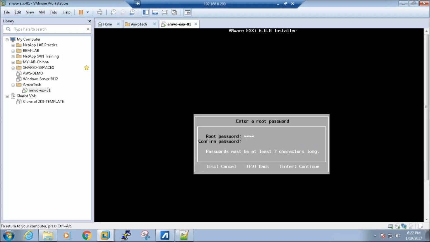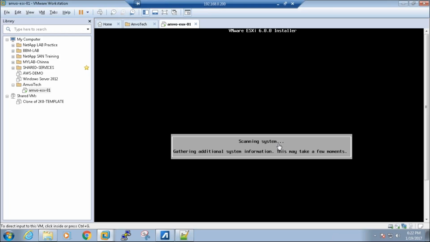Of course, we have to give a super password to secure our ESX root login. So this is the password for your root user. You can see here, and say Enter. It is scanning the system information, the entire set of hard disks that you have got, and every single hardware component that the server has got, and it'll check if it has the drivers and the right modules. From then it will take at least 5 minutes to complete the installation of the ESXi server.